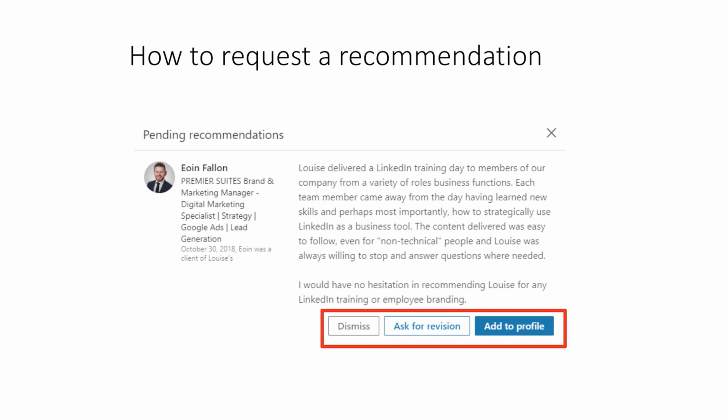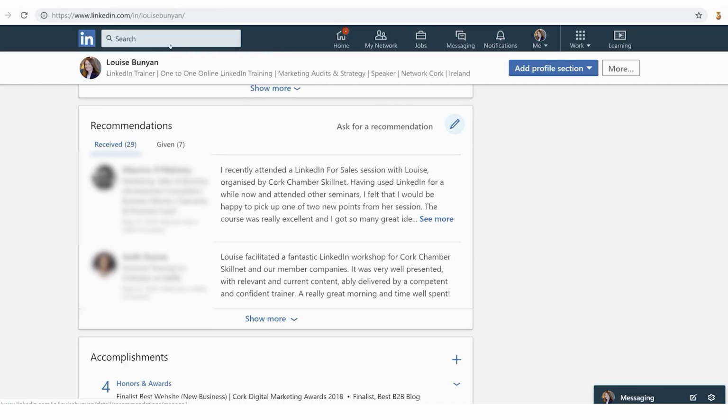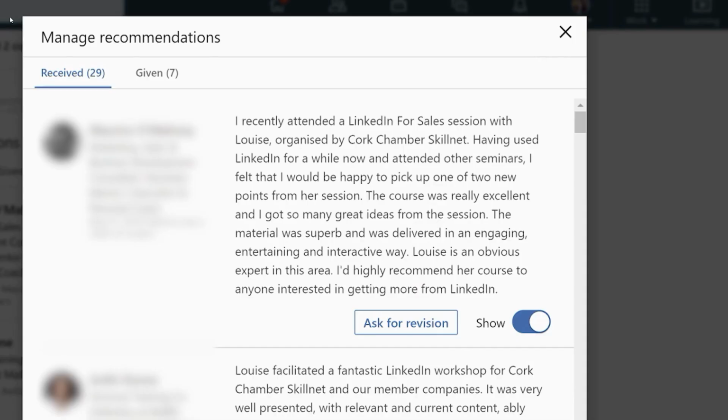Another thing we have to be aware of when it comes to recommendation requests and recommendations in general is that you always control what appears on your recommendation section. So if you click the little blue pencil just up here, can you see the way for this one? I can ask for a revision, or I can show, or I can hide.